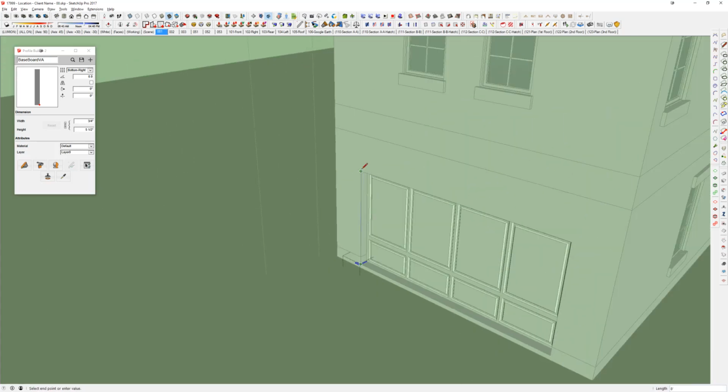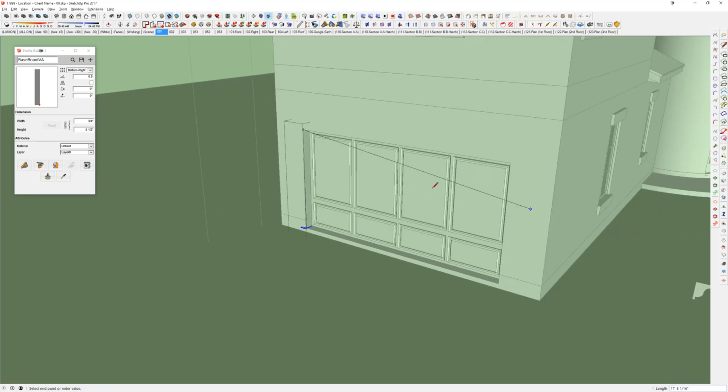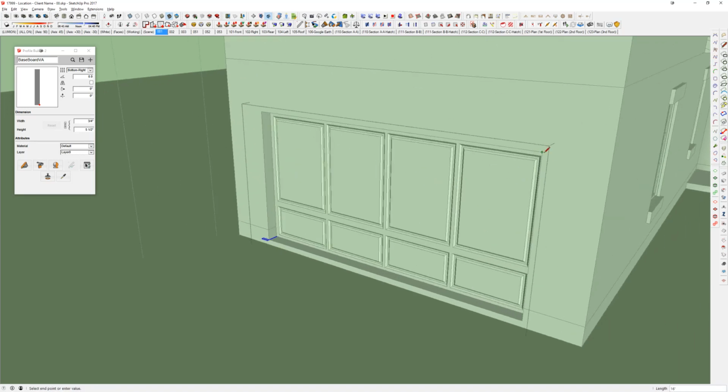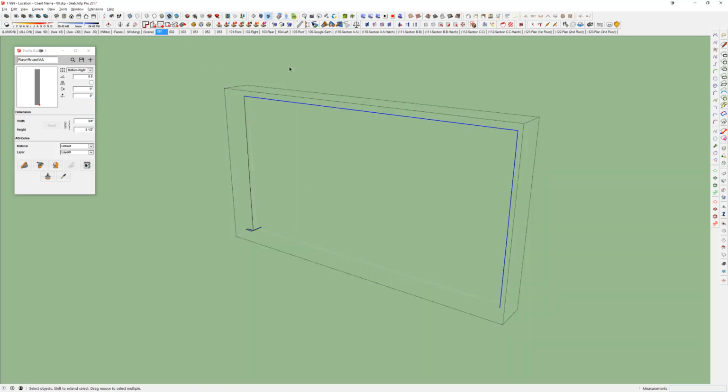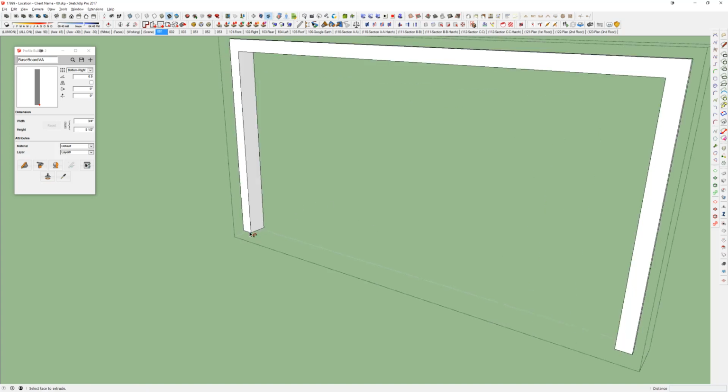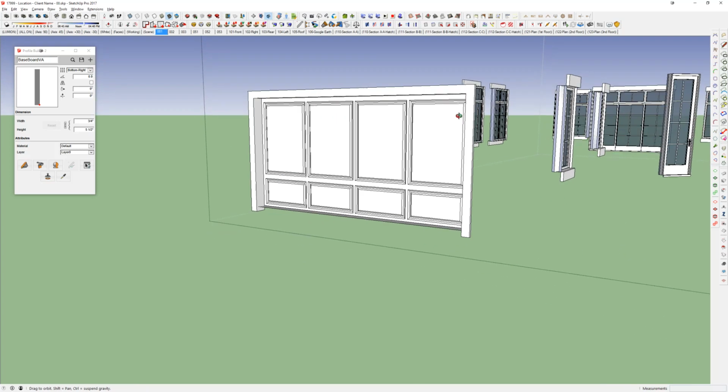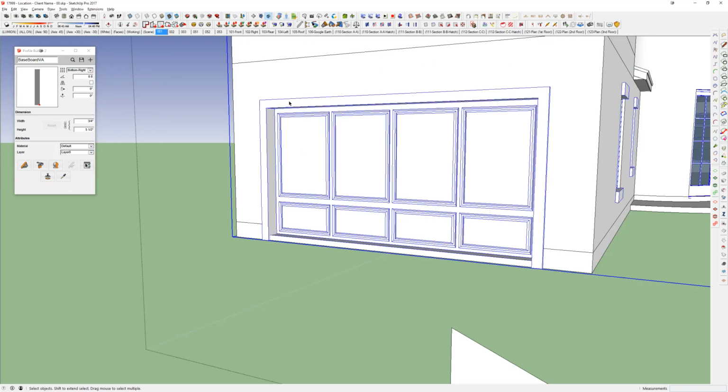And then just like I did the follow me for the other sill, this time I'm going to do a follow me command, but it's going around the door and window. And I want this to drop down 4 inches. And so now you can see I can grab the sides, the top, and the other side. I do a quick follow me, and there we go. And just like before,